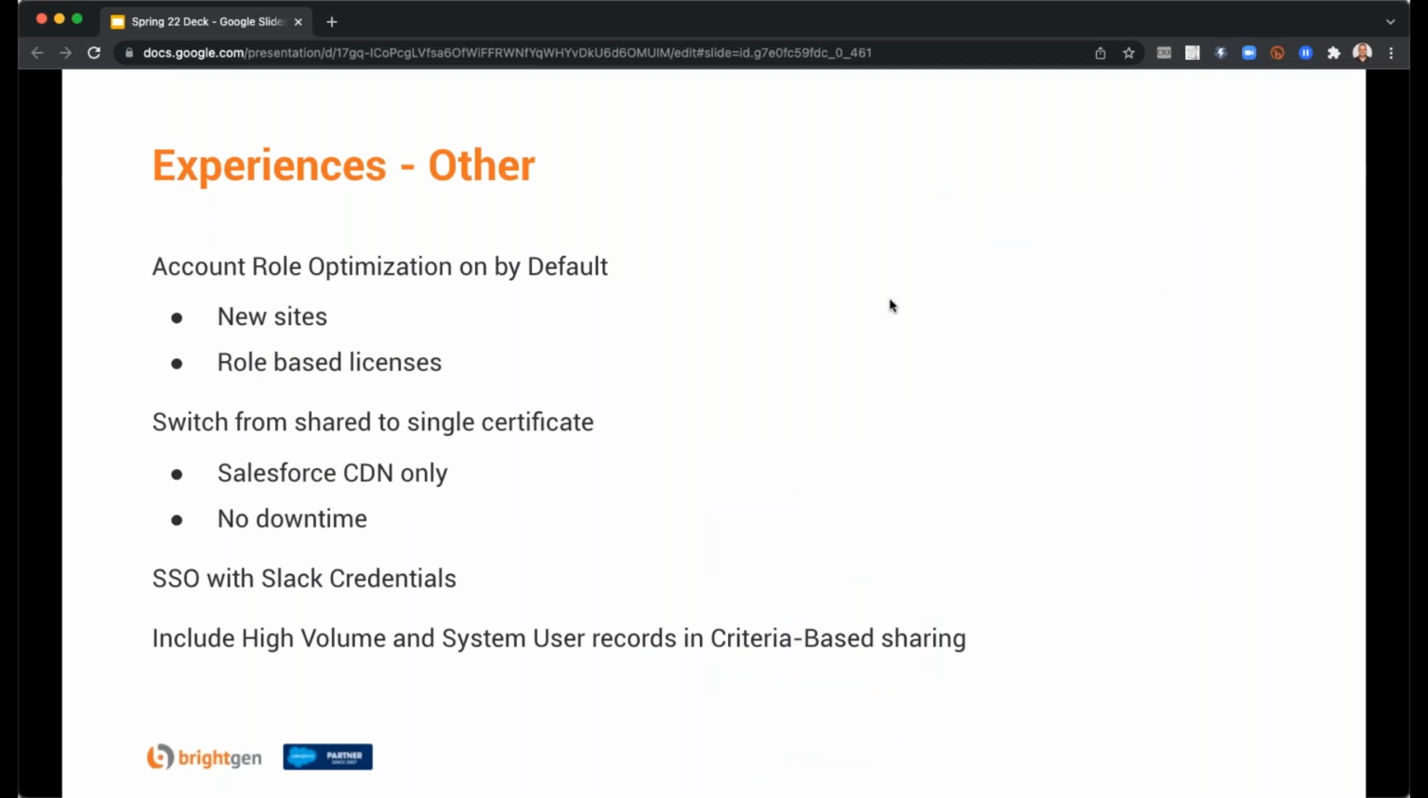And a few other changes in experiences. Account role optimization is now on by default for new sites and role-based licenses. So that means customer community plus and partner community licenses. So this basically minimizes the number of roles created, whereas previously, every time you created a new role in a community, you got 3 roles suddenly made available. So that allows you to scale to larger numbers. So if you've got a community or an experience, sorry, that needs to scale to millions,